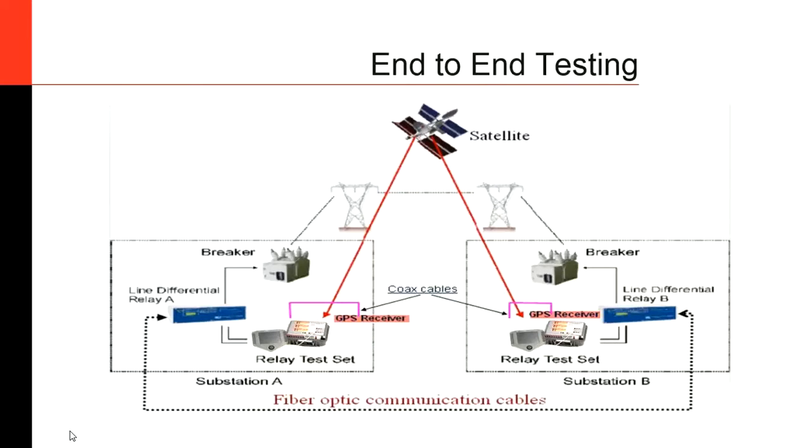And the only way I have to guarantee that both relay test sets are going to begin the test at the same time, which is going to be as close to a simulation as I can get to a real case fault, okay? Because when you have a real case fault, that fault will propagate to one end of the line and to the other end of the line at the speed of light,